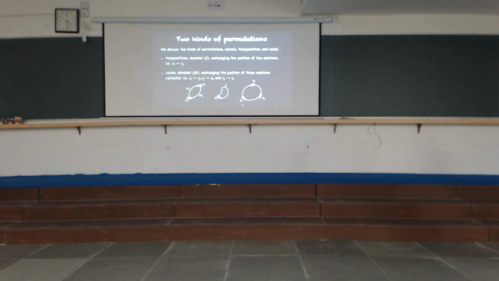Okay? S1 going to S2 going to S3 coming back to S1. So these are the solutions that move in a cycle. Whereas if you have two solutions, I am talking about a transposition, S1 goes to S2 and then S2